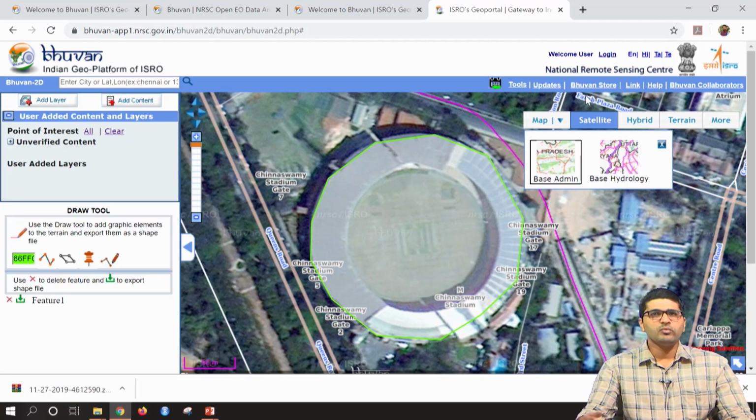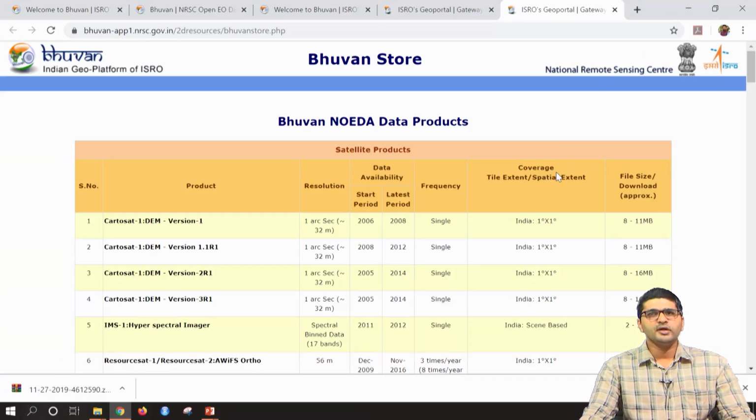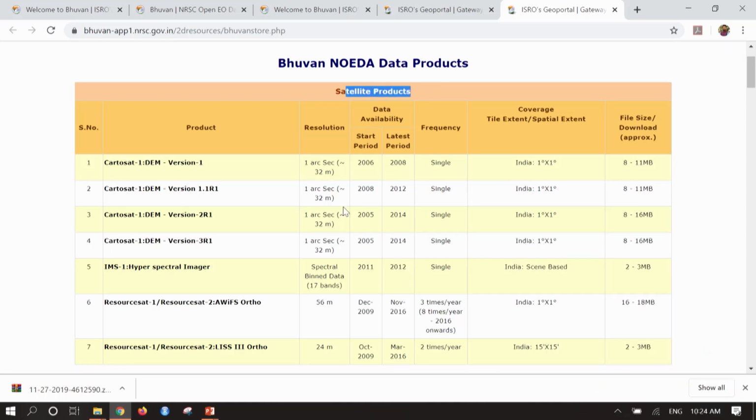So if you want to know about the Bhuvan Store or the data hosted in Bhuvan, you can click on Bhuvan Store. Here it completely lists out all the data sets which are published by ISRO. For example, all the digital elevation models or satellite products are listed here on the front page.